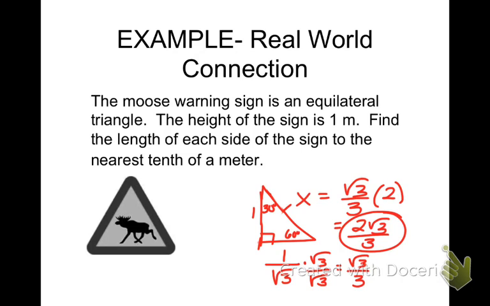It said find the length of each side of the sign to the nearest tenth. So I would put this into my calculator. So I would do 2 times the square root of 3, and then whatever that product is, divide it by 3. Which gets me approximately, are we rounding to the tenth? So 1.2. So 1.2 meters will be our final answer, which makes sense because 1.2 is larger than 1 and your hypotenuse should be the longest side. Okay? All right, so